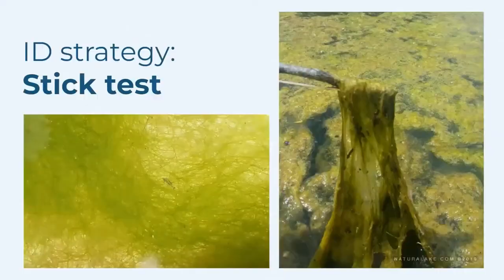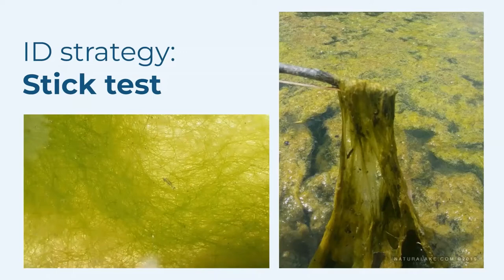Luckily, there also is an easy way to tell these two apart using something called the stick test. Filamentous green algae is called filamentous because it has these hair-like filaments in it. The way to do a stick test is when you see something that may be filamentous green algae, get a stick or a rock or something you don't mind getting gross and that is long enough that you can do this test without touching the water, and dip it into the nastiest part of whatever you're seeing, pull it up. If it is filamentous green algae, you're going to see something like in the image to the right. So these hair-like strands,